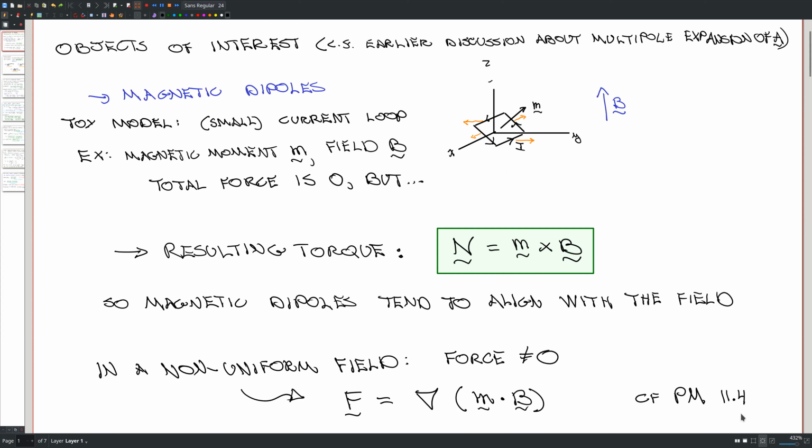Here I would like to refer to Purcell-Morin section 8.4, because there are really wonderful illustrations of that, and calculations also for a simple case showing you how to get this formula. But this is just some formula that you can know exists and refer to if you ever need it. So this is the kind of very basic notion of physical forces